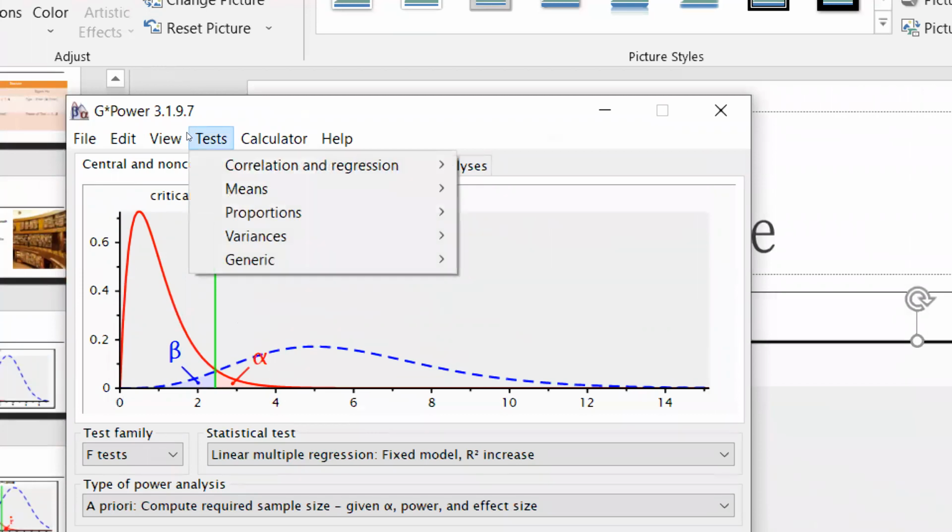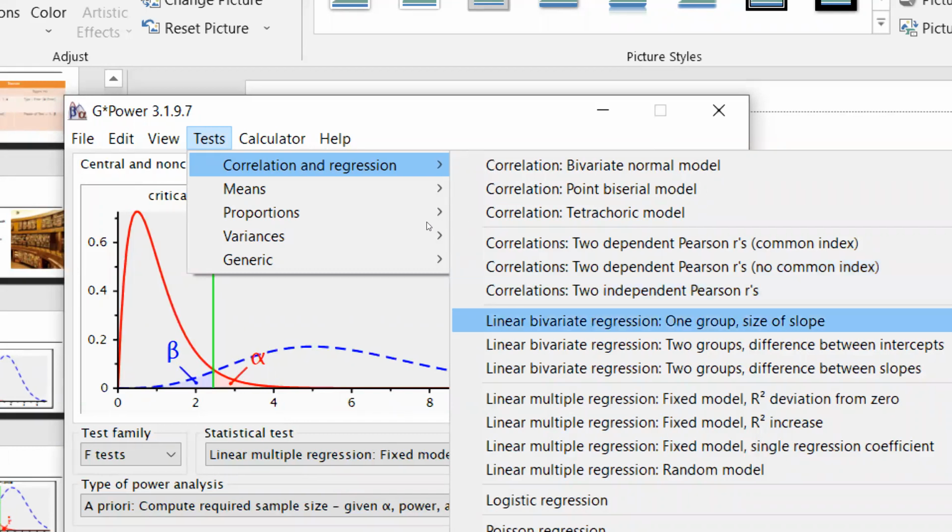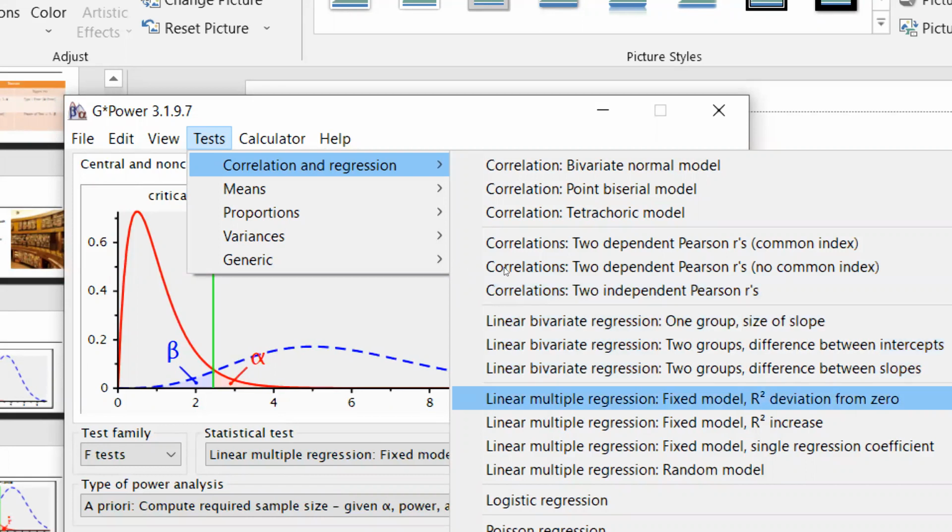And this is where you can see lots of tests are available. Correlation and regression: correlation bivariate normal model, correlation point biserial model. Biserial model means when one variable is categorical and another is metric. Correlation tetrachoric, and correlation two dependent Pearson R's, no common index and common index, two independent Pearson R's, one group size of slope, two groups, and the fixed model as well, deviation from zero.